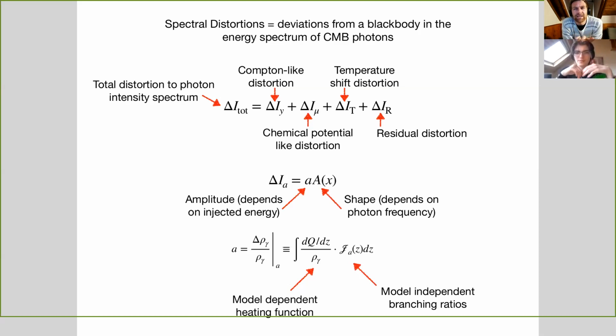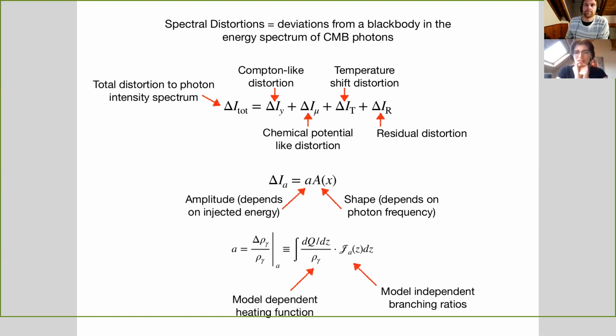And does branching ratio mean that you've got some new species that's decaying into stuff, and it's like how much electrons, how much photons? Or? Yeah, that's normally what we think of with branching ratios, and the name is slightly misleading, but it's more what contribution goes into each of the different types of distortions. I see, okay. Rather than how much into each particle, it's how much goes into each distortion. How much into y, how much into mu? Exactly. T. So how much of this total distortion will be in the form of mu, how much in the form of y, and then the branching ratios really tells you at which redshift each one becomes more dominant. So depending which redshift you're at, you'll have more y, you'll have more mu type distortions.